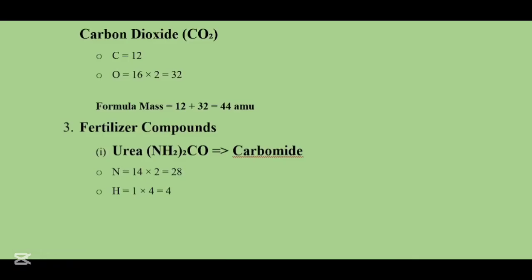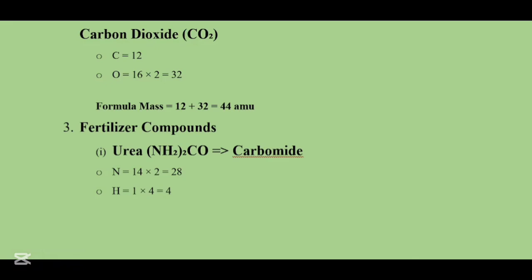Another example is carbon dioxide. You can see that carbon dioxide only has 2 elements, carbon and oxygen. Now in here we do not have the number of atoms of oxygen as 3, but instead we have 2. The atomic mass of oxygen is 16. It will be multiplied by 2 because it is the number of atoms. That results in 32. Now 32 will be added to 12, so you will get 44 atomic mass units. So that is the formula mass of carbon dioxide.